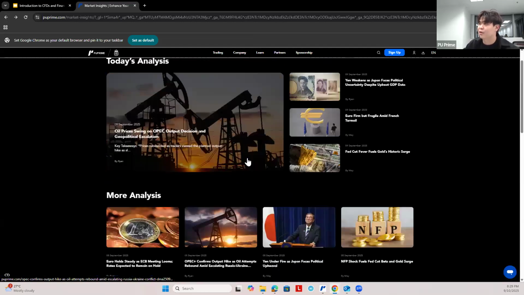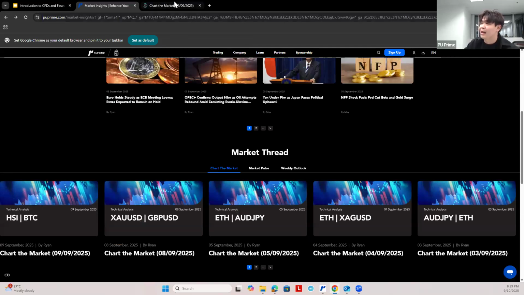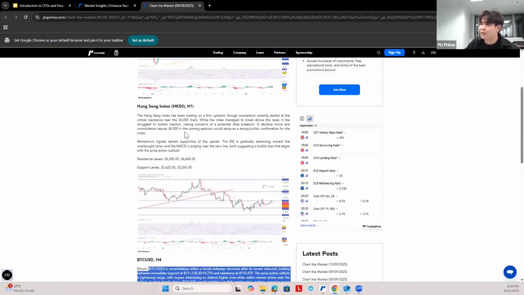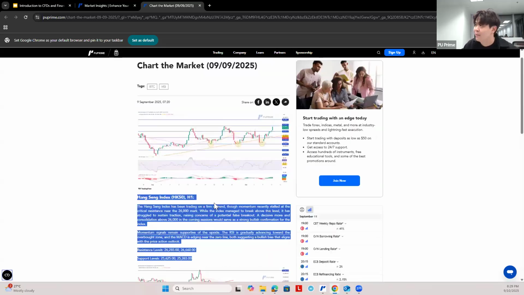And then if you don't love the storyline, we do have the chart-focused one. So you just go through the charts, and then you can see that we have purely focused on charting tools. So we also do have things like that. So this is all the charting explanation. And even though you don't understand what we are writing about the technical analysis, you also don't have to worry about,